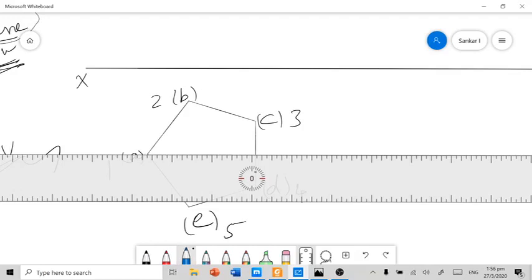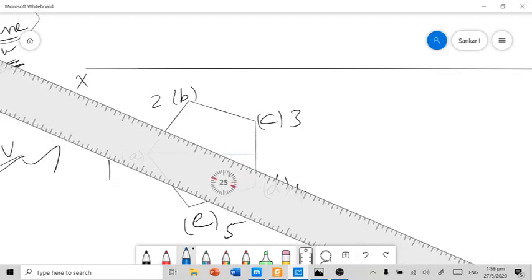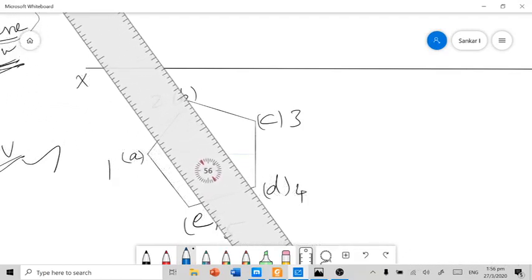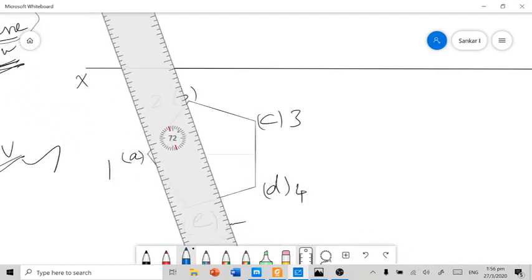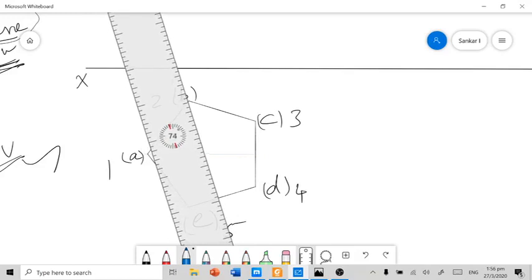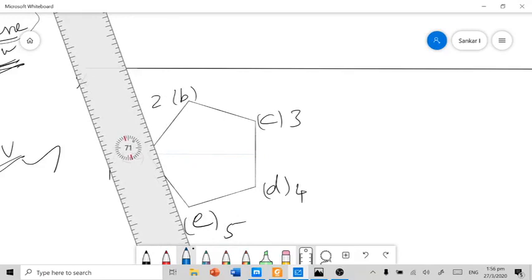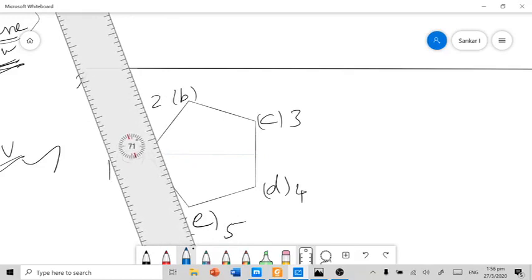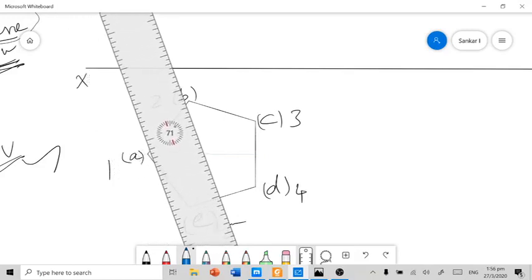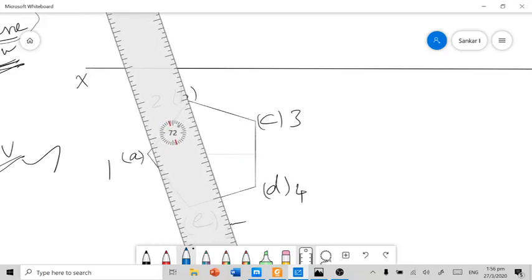At the same time, I need to bring out one more rough line from another corner by maintaining the scale perpendicular to any one of the base edges. For example, I maintain the scale perpendicular to the base edge ED, and from the opposite corner B I need to bring out a rough line.